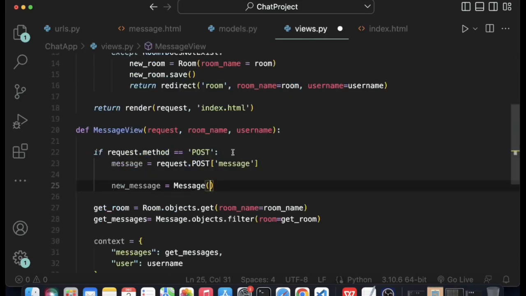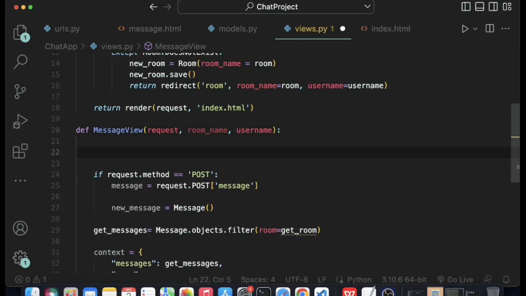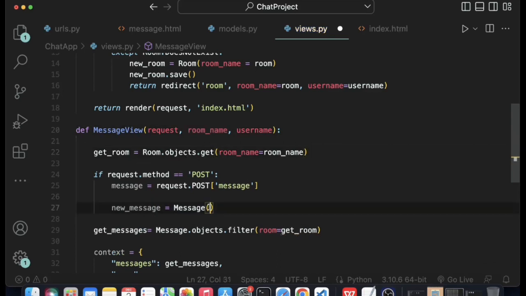So the first thing that we need to do is assign a room to this message, or assign this message to a room. So I am going to copy line 27 right here, and then I will move it to the top. I need to assign this message to this particular room because this message is being sent in this current room, and then we need to assign this message to the current room that the user is in. So I'm going to say room is equal to